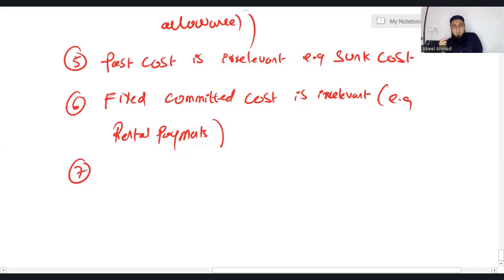How do we incorporate the impact of dividend and interest payment into the cost of capital? Inshallah, you will study that and you will see with your eyes when we will be studying cost of capital. So simply, interest payment